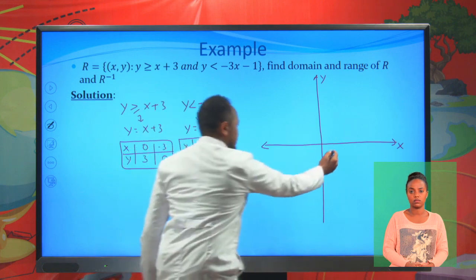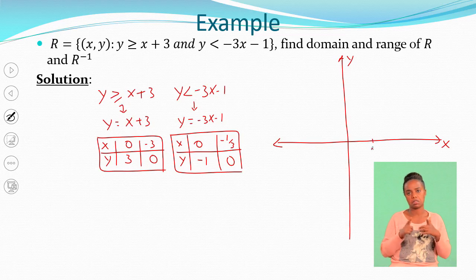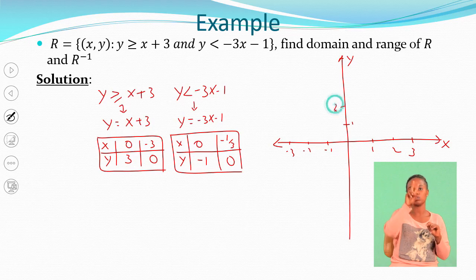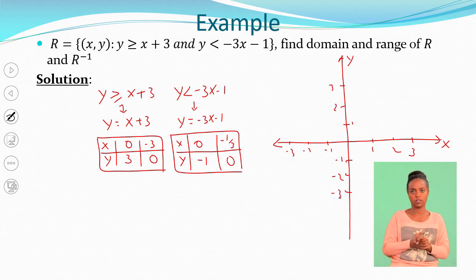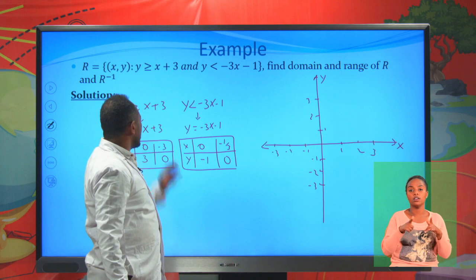So here, let's take this to be 1, 2, and 3, negative 1, negative 2, and negative 3. We have this one. So to draw the boundary line for y greater than or equal to x plus 3,